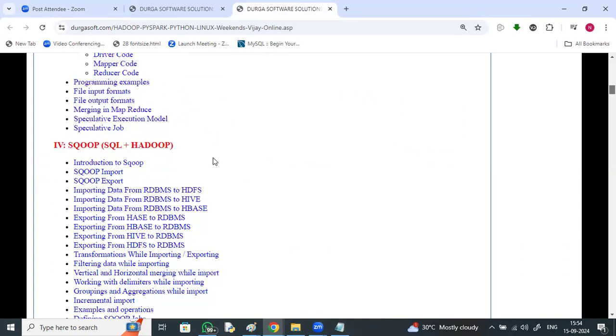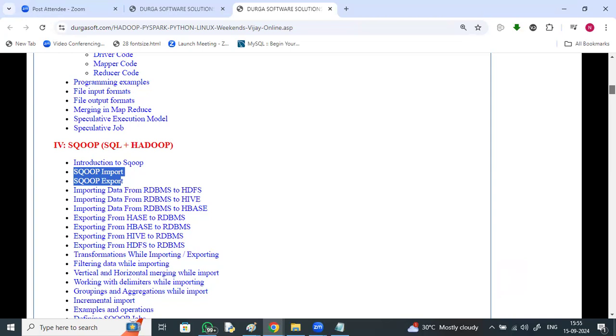Sqoop for import and export operations. Sqoop is used for importing data from databases to Hadoop and exporting data from Hadoop to databases. During this import, we can perform different types of operations, like filtering columns, filtering rows, grouping, segregations, and merging, vertical and horizontal merging.